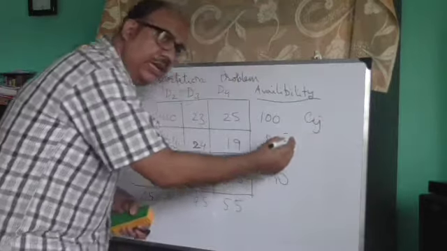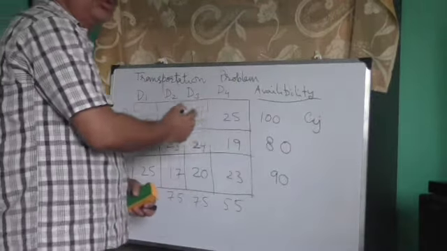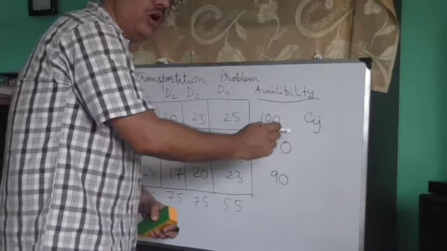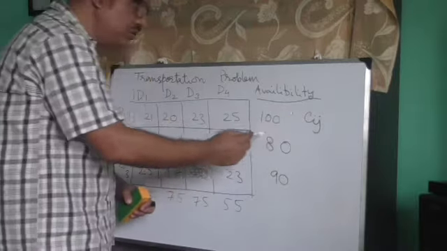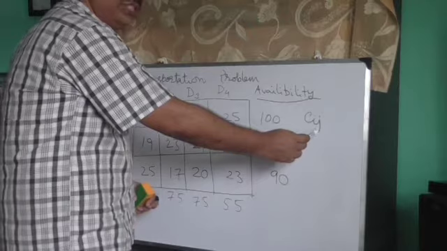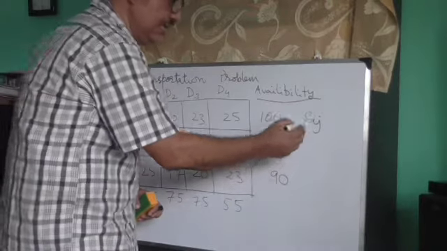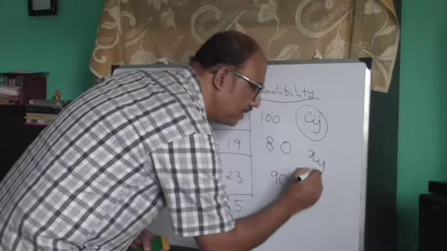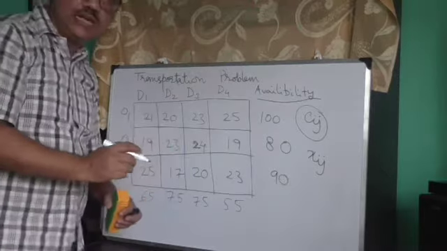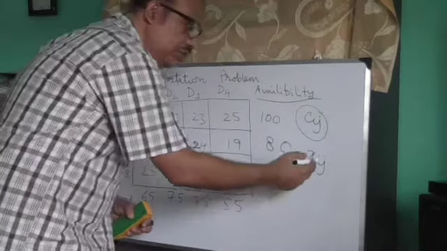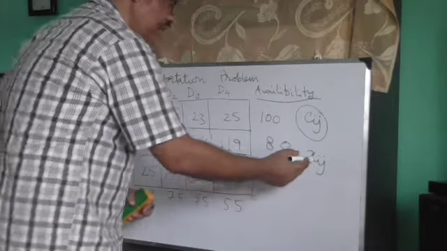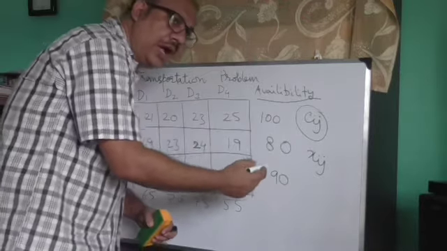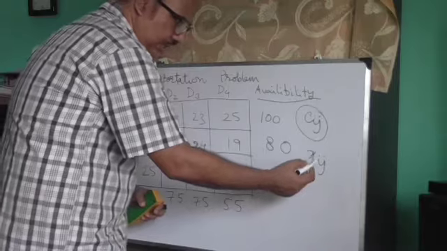In general, when we explain the transportation problem, the costs are denoted by Cij. So Cij is the per unit transportation cost in the ith row and jth column, of transporting the goods from the ith origin to the jth destination. And our decision variables are Xij, the number of units that will be transported from the ith origin to the jth destination.